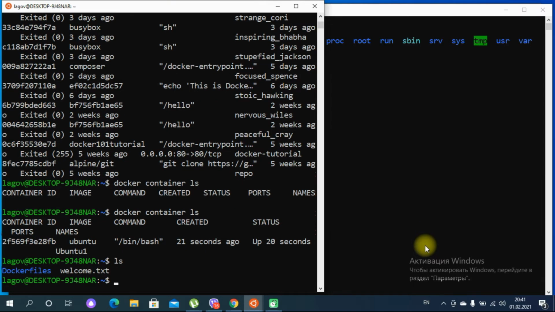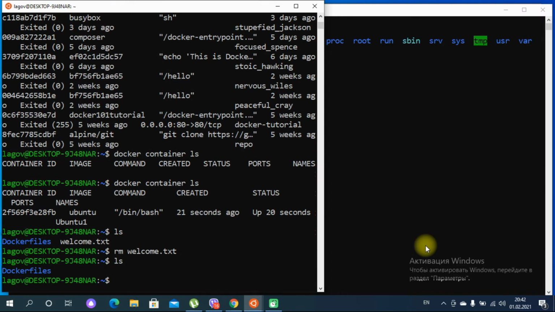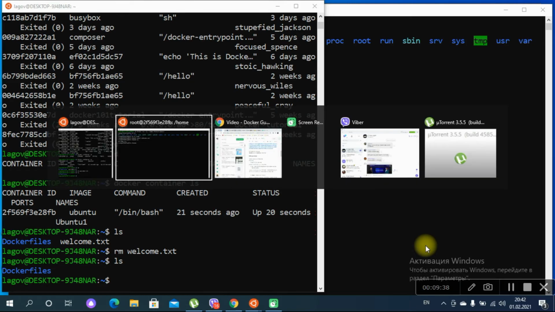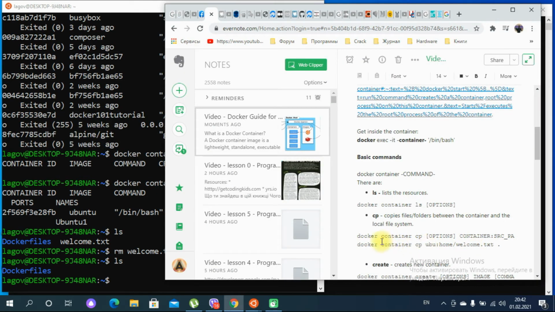We see this file is also available. I'm going to remove this file. Let's check more. For our example, we have a folder with only the Docker files inside, and there is nothing else. Let's go back to our notes and copy this command,